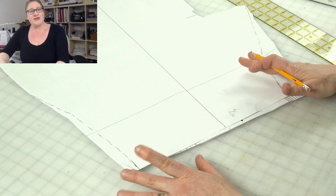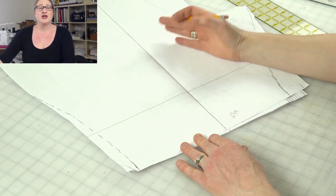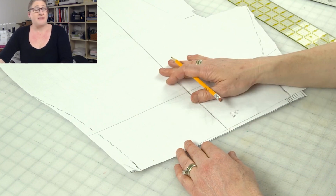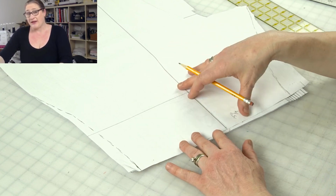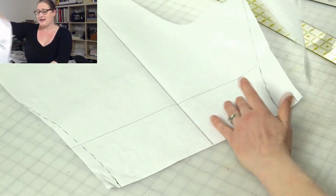Now, after doing that, what ended up happening to me is I still had too much fabric on my back leg. When I looked at my side view and my back view, it just looked like I didn't want the amount of fullness that was back there. The front leg was fine. So after I took in my side and inseam,